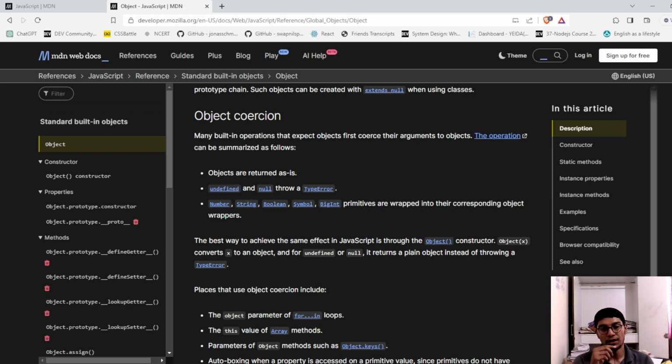Number, string, boolean, symbol: primitives are wrapped into corresponding object wrappers. The best way to achieve the same effect in JavaScript is through the Object constructor, which converts X to an object. It does so for undefined or null as well, returning a plain object instead of throwing a type error. Places that use object coercion include